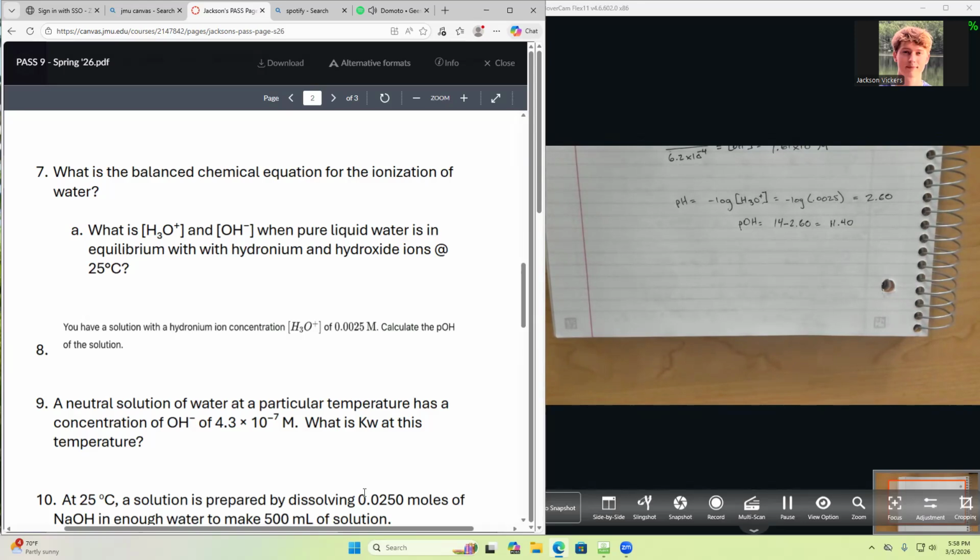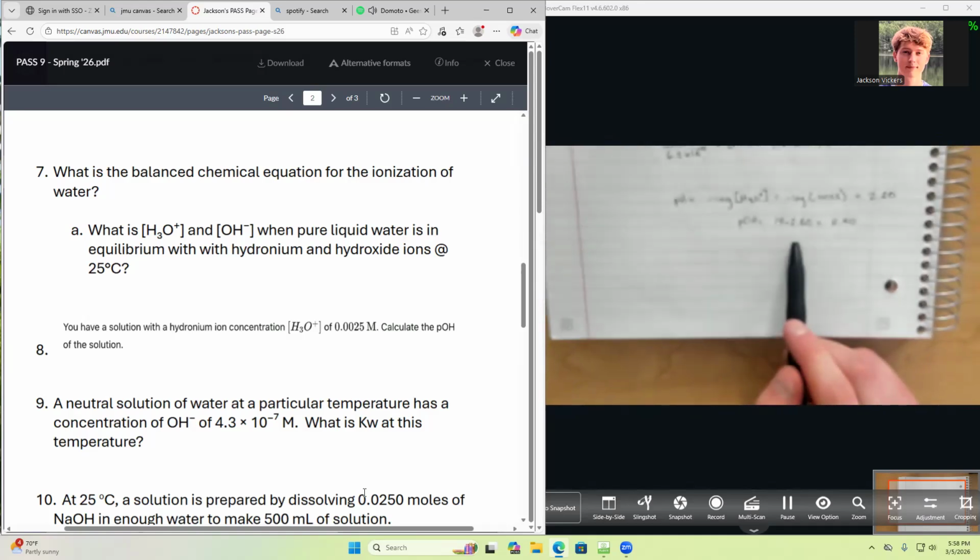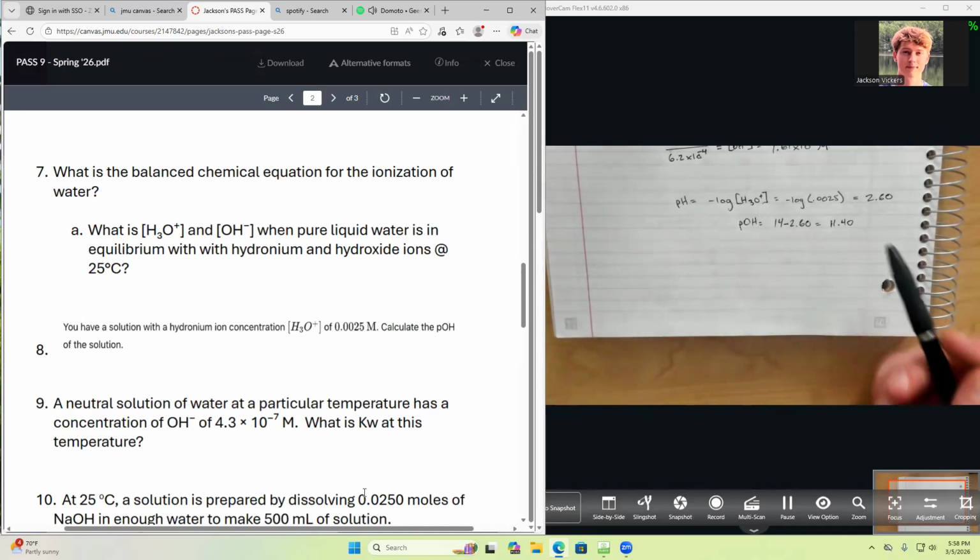So again, there's a lot of times you can pause, take a checkpoint, and ask, does this value even make sense? And then of course, the last step, the easiest one, going from pH to pOH, is 14 minus the pH. So 11.4. And still to this day, if you asked me what a pOH of 11.4 means,